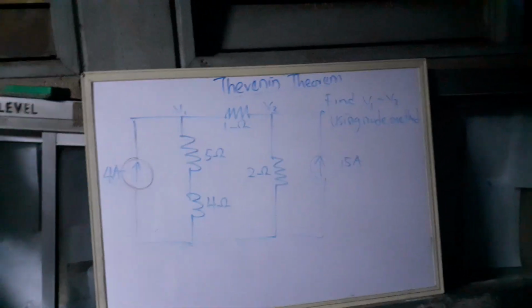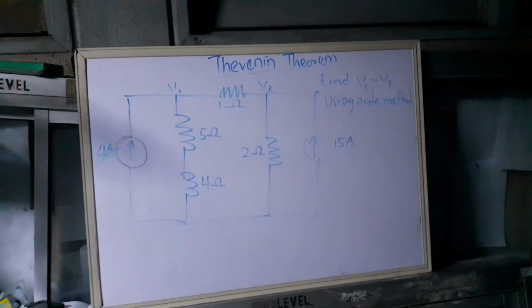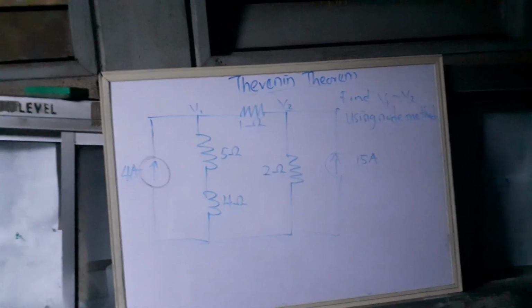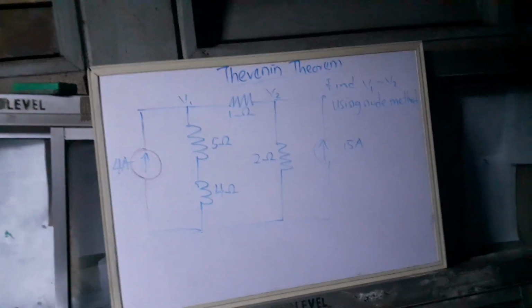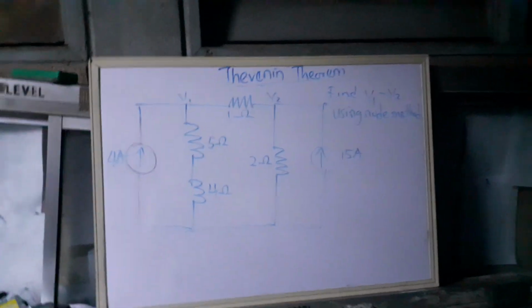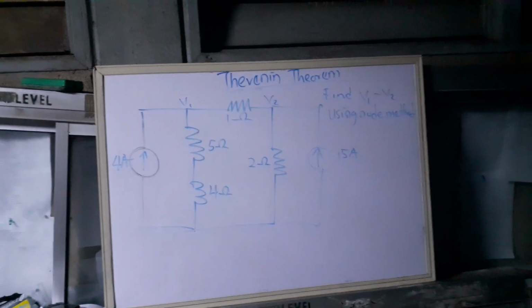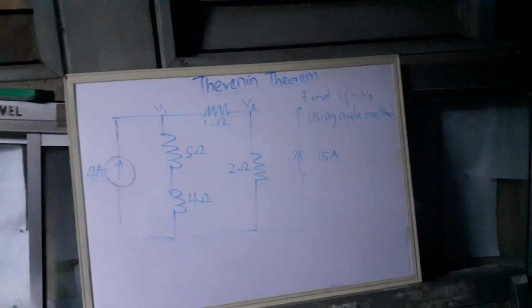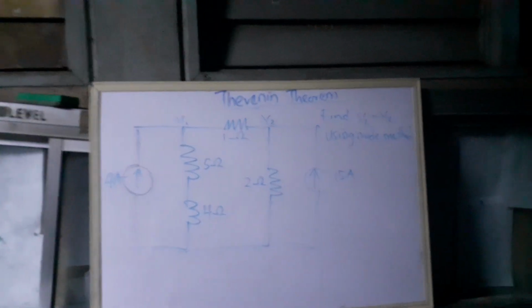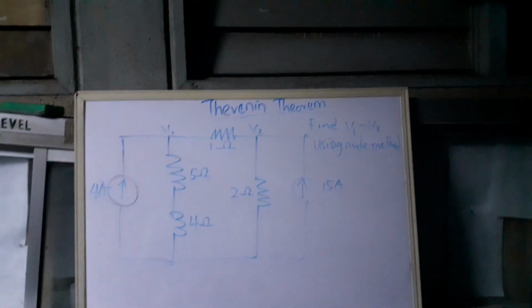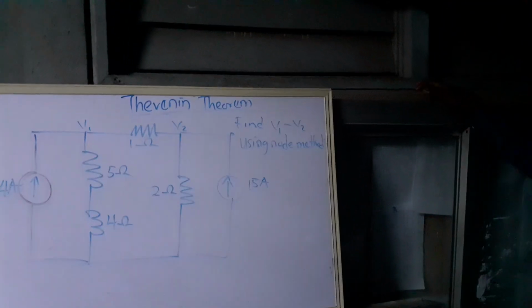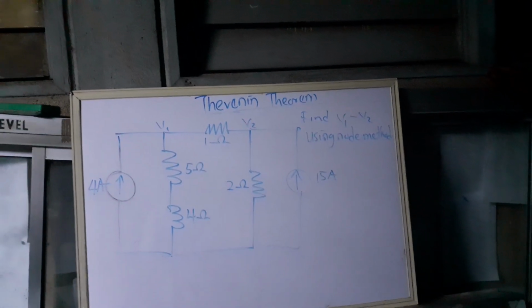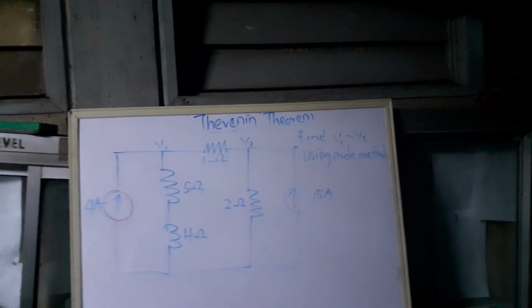Let's solve it from the first question. So let's see, find the value of V1 minus V2. This one I know. V into bracket 1 over 5 plus 1 over 4 plus 1, then close the bracket, then minus V2 over 1 equals to